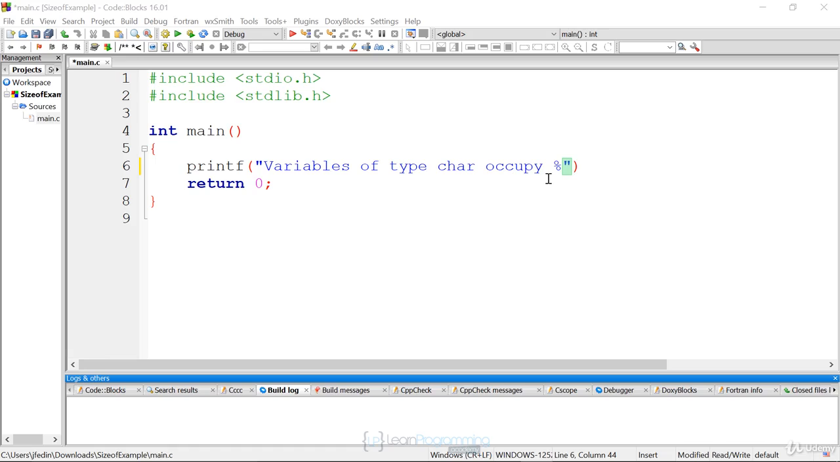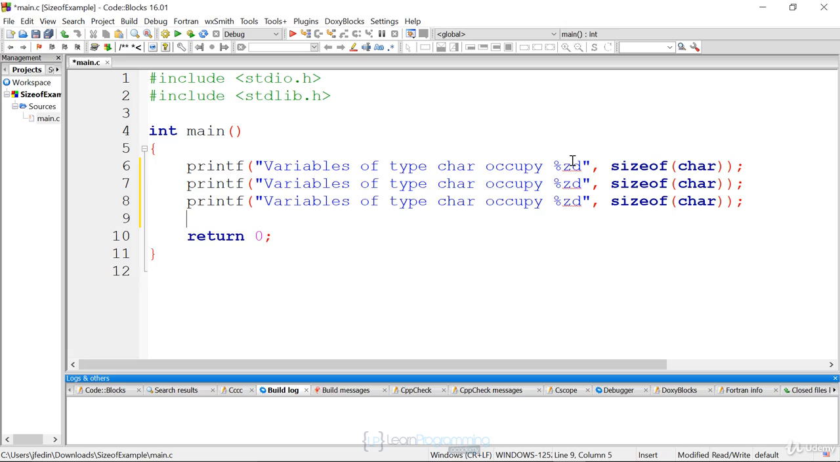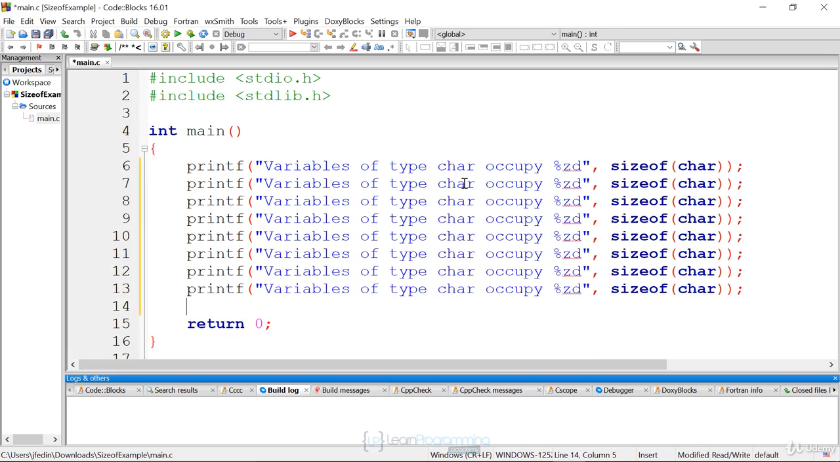This is a nice format specifier. It was added in C99, I believe. %zd, and then all we have to do is use sizeof, and again, it looks like a function, but it's not, and then say char for character. And then I'm just going to copy this and paste it, because I'm going to do similar things. I'm going to not do a char, but I'm going to do short on the second one. I'm going to do an int. And a long,